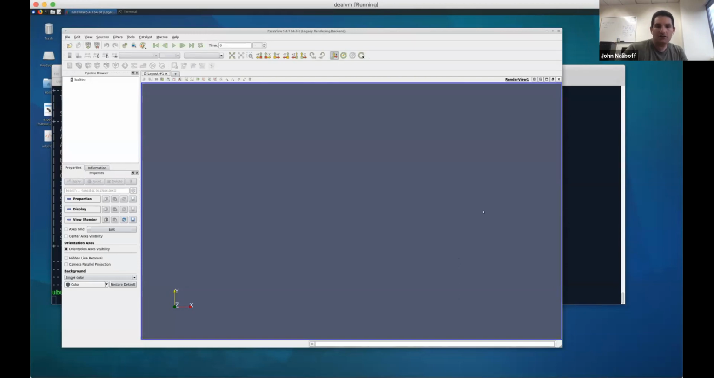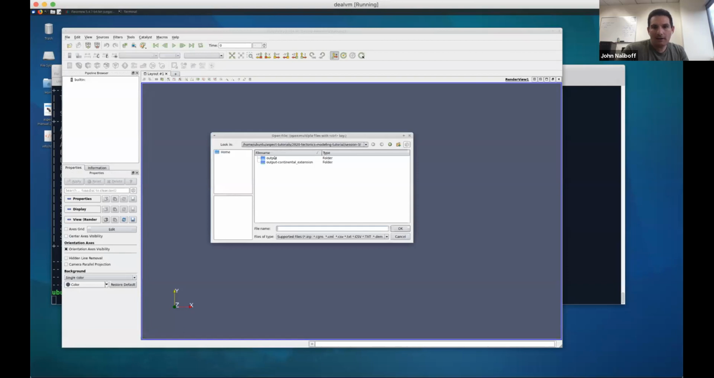And the nice advantage of opening ParaView this way is it automatically sets your folder location to the current folder you opened it in. So then if we go to the output folder,